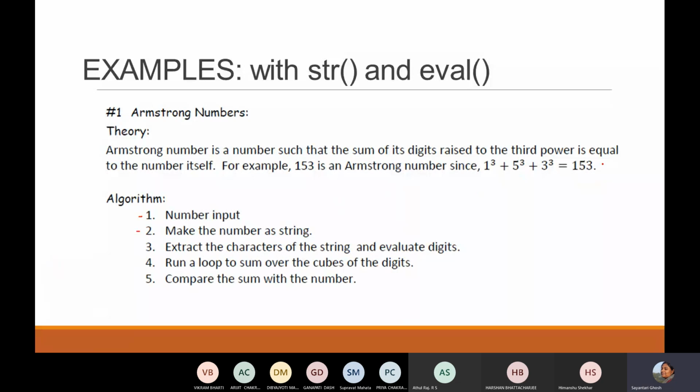That means I will convert this number, whatever I have, to an arrangement of some characters arranged side by side. Once I use the command called str, it will do that for me. I will do that and extract the characters of this string, which are now the individual digits